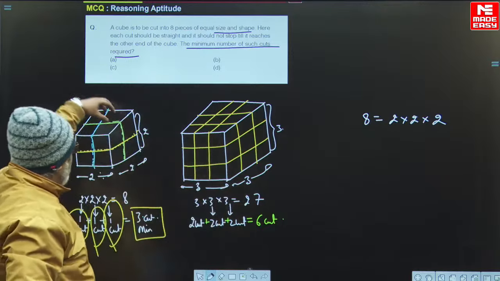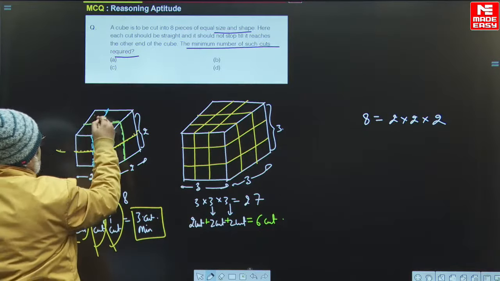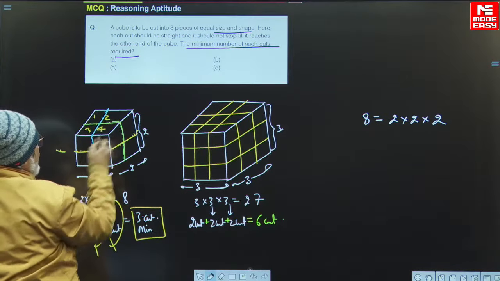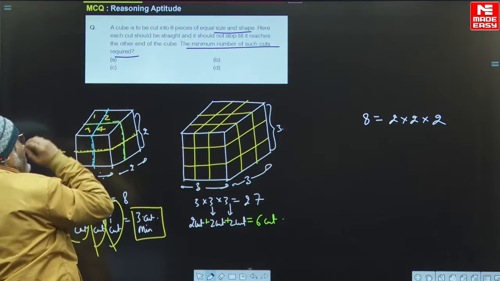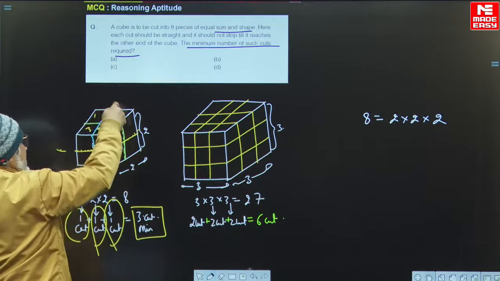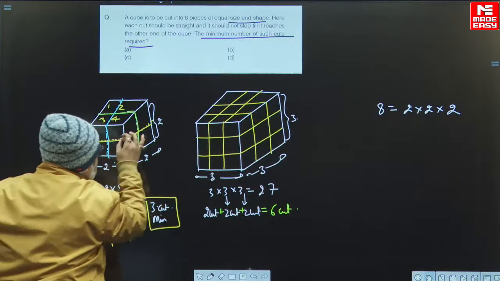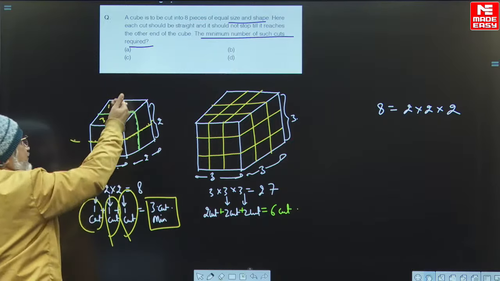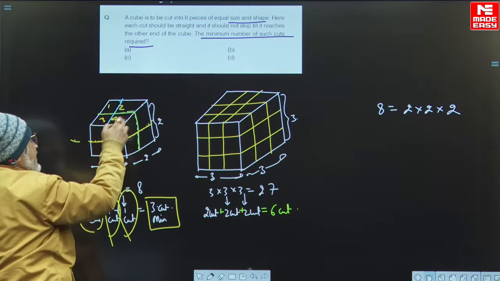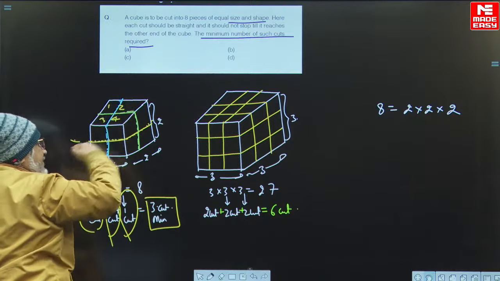देख लीजिए ऊपर से, देखिए 4 क्यूब नजर आते हैं, 1 2 3 4. ऊपर से देखिए, चढ़ जाइए इसके ऊपर, reach on to the top. There are 4 cubes and 2 such layers are there. This is layer 1 and this is layer 2. 4 plus 4. 4 cube ऊपर नजर आते हैं, 4 cubes are there at the top and there are 2